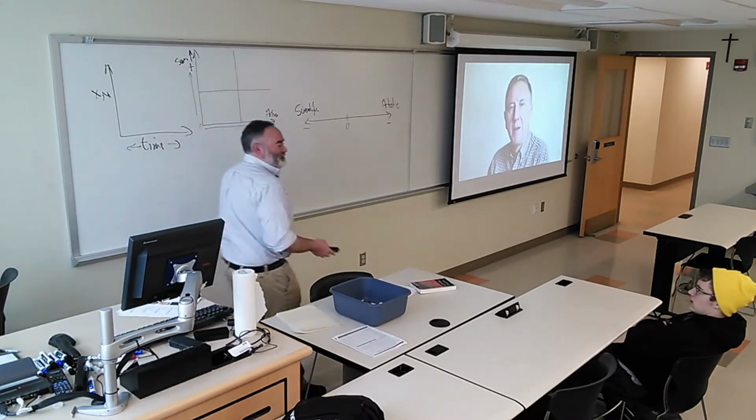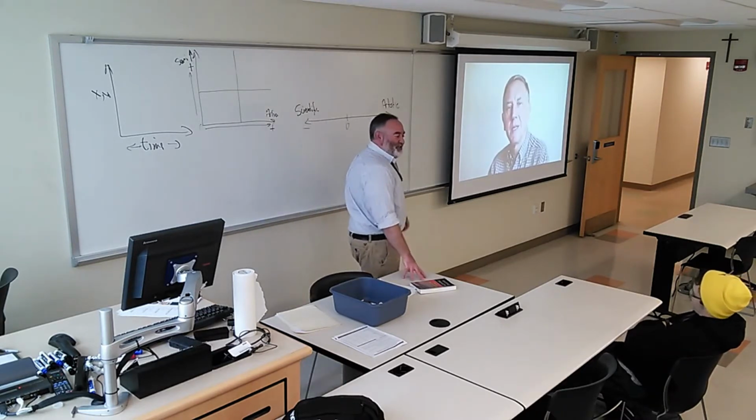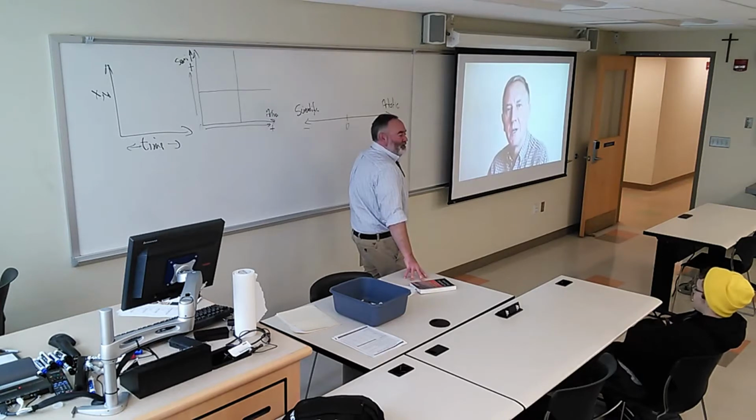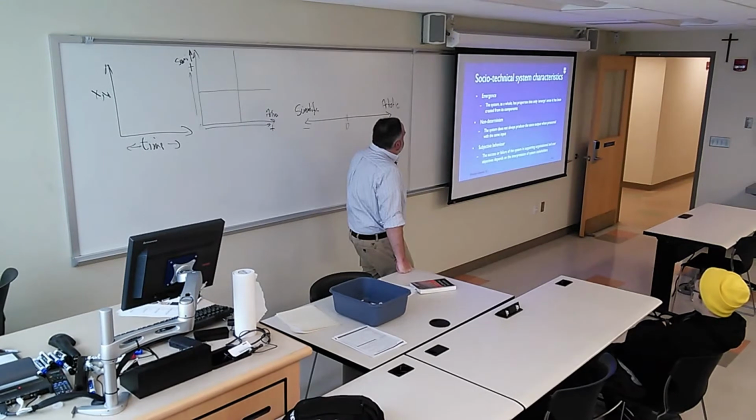And in this video, I'm going to be talking about one of the most important characteristics of socio-technical systems, the notion of emergence or emergent properties. There are 3 types of characteristics of socio-technical systems that are particularly important. One of these is this notion of emergent properties, which are properties of a system that only become apparent when we put the system together.